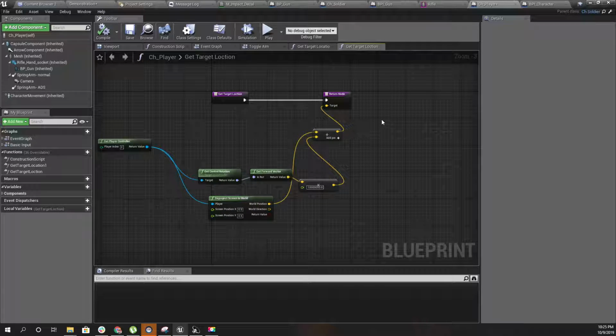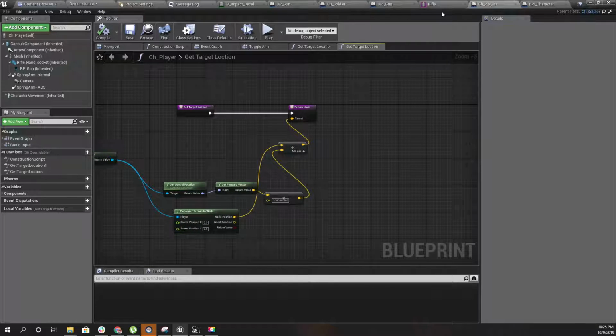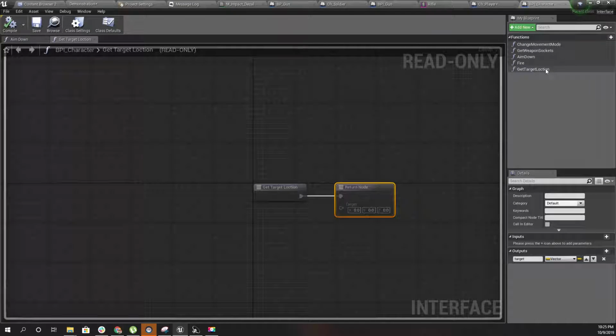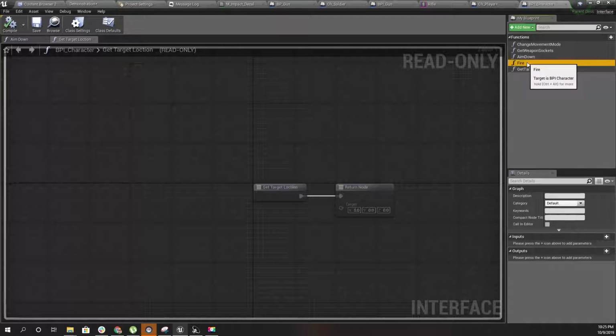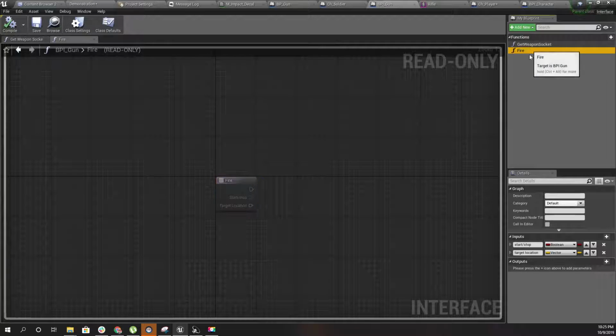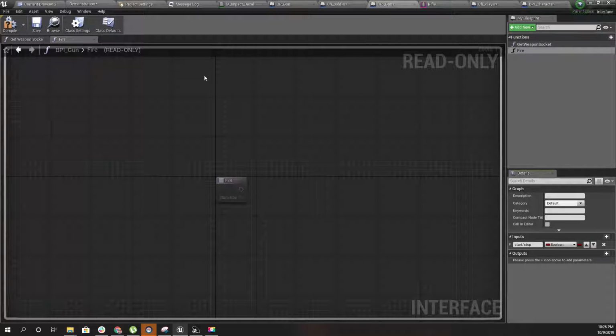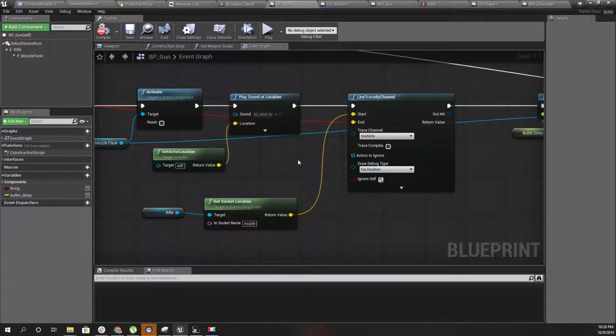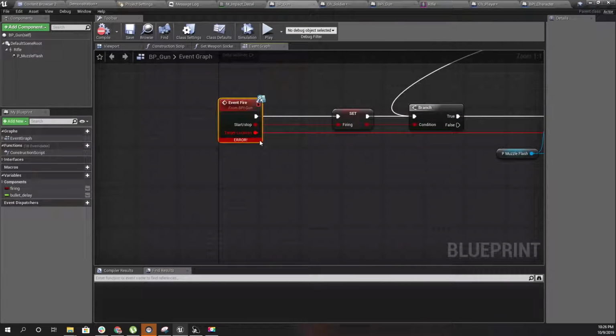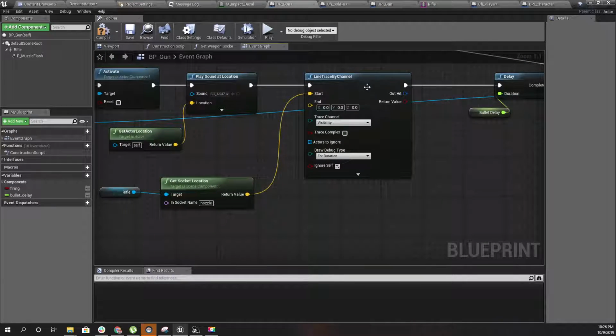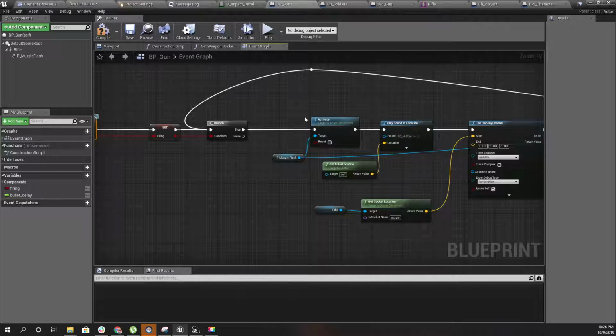Okay, now I'll remove this fire, oh, not here in the gun, this direction. Right, now refresh. Okay, so for the end part, now I have to get the